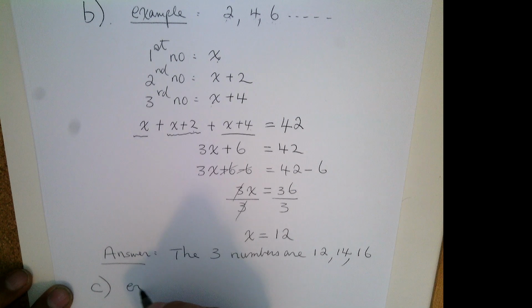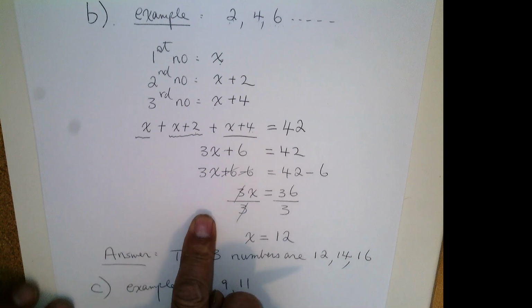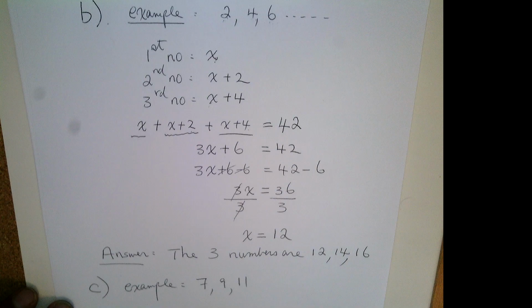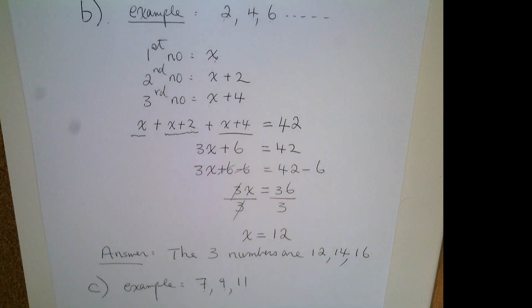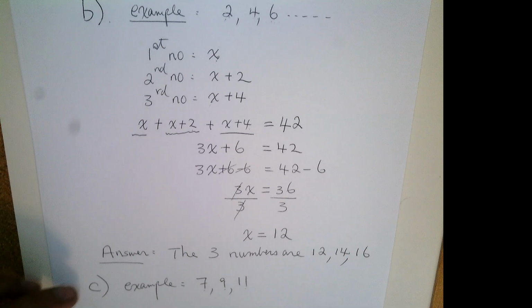I'm going to give you example of odd number. For example, 7, 9, 11. These are consecutive odd. But in terms of algebraic pattern, exactly as identical with the B. So x plus 2, x plus 4. So I'm going to ask you to follow B part and finishing C as part of the homework, plus,